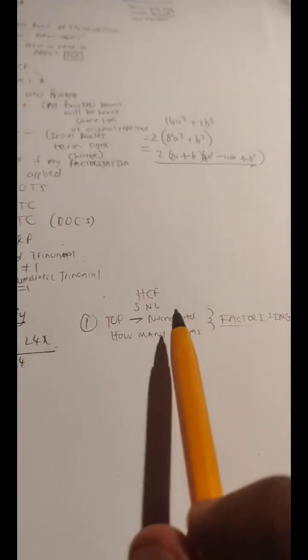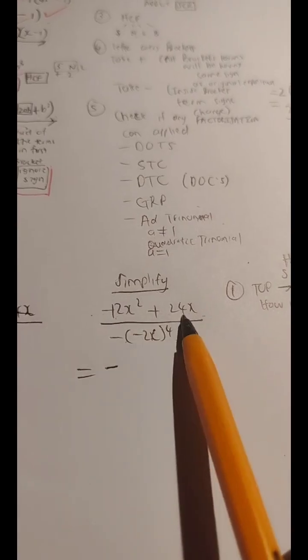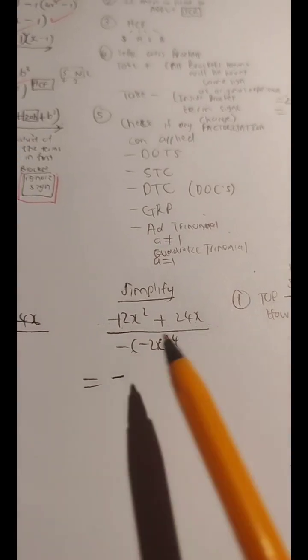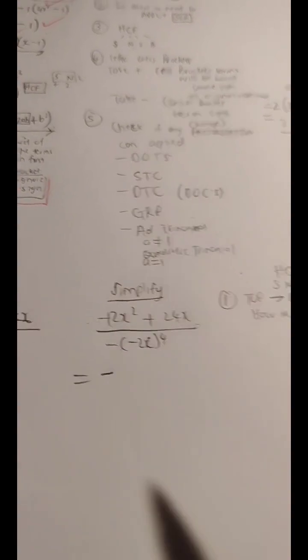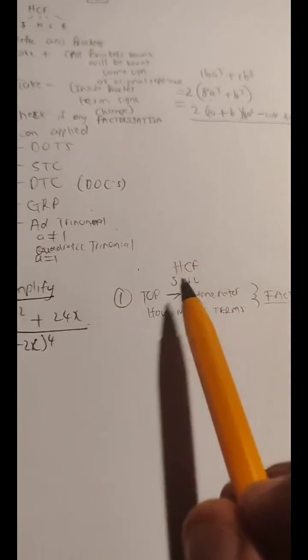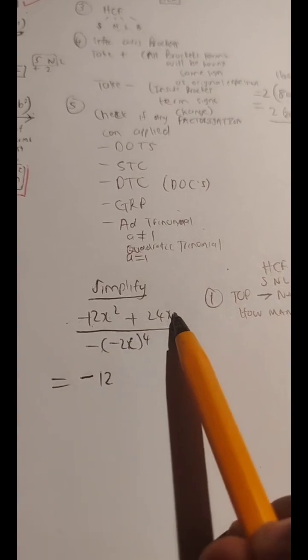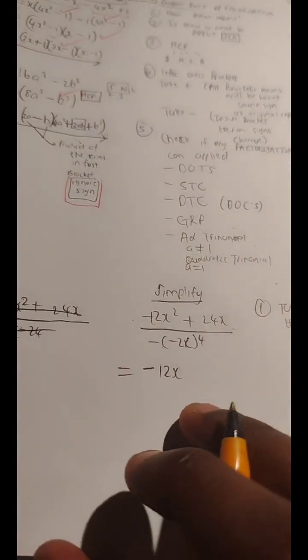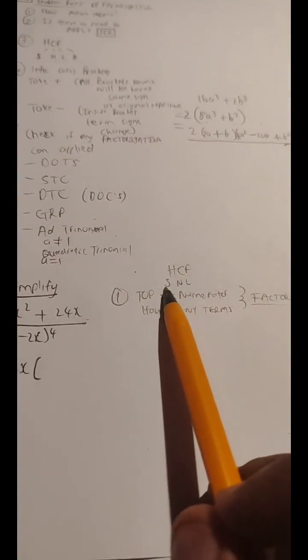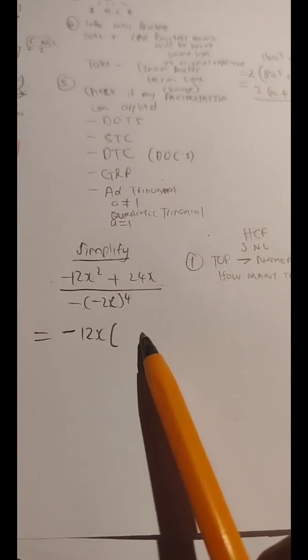Then the highest common factor number between 12 and 24: the number that goes into 12 and 24, that is the highest, is 12. Then between x squared and x, we look at the common variable that has the lowest exponent. So we are going to take out x, not x squared, as the highest common factor. Once we've taken out the highest common factor according to the sign, number, letter completely, we open a bracket and write what is left over.